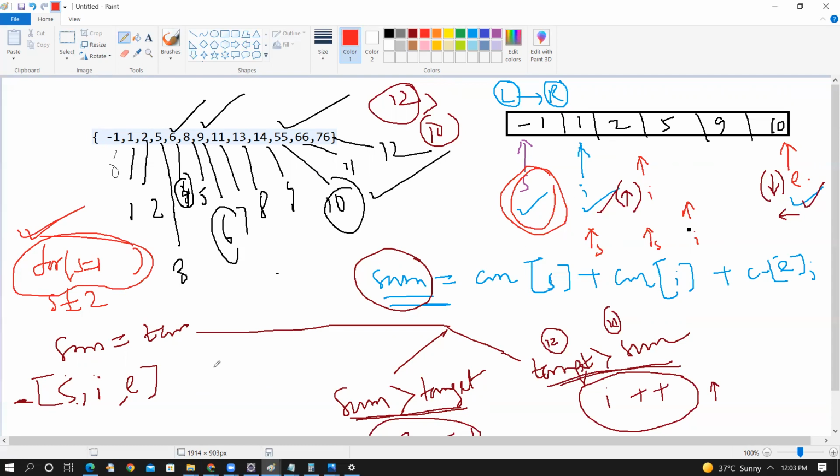So my first treatment will be when i is equal to 1: in the first treatment, s is equal to 0, and the end pointer is equal to n minus 1, where n is the total array length. In the second treatment, s is equal to 1, the i value will start from 2, and the e value will be n minus 1. In this way, it will move ahead. That is the basic fundamental technique we can use when we are trying to find out three